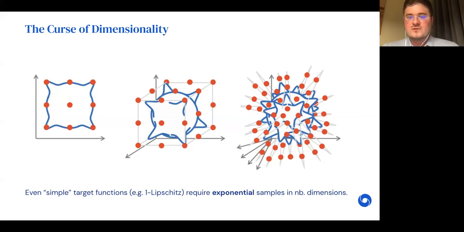So, as you might know, most of machine learning and deep learning nowadays can be reduced to a form of curve fitting, figuring out parameters of a model to fit particular data in a particular high-dimensional space. The problem with this setting is that even if you restrict your class of possible functions to fairly simple ones, such as functions respecting one Lipschitz continuity, so they're not allowed to change too drastically around any